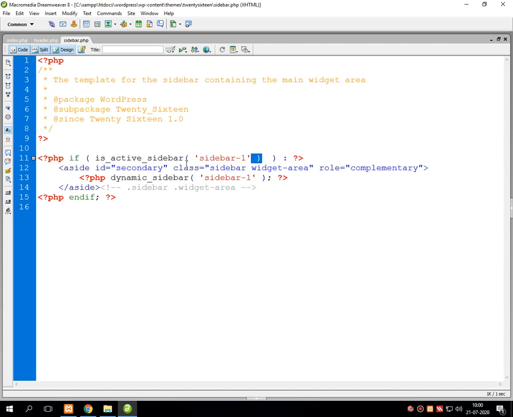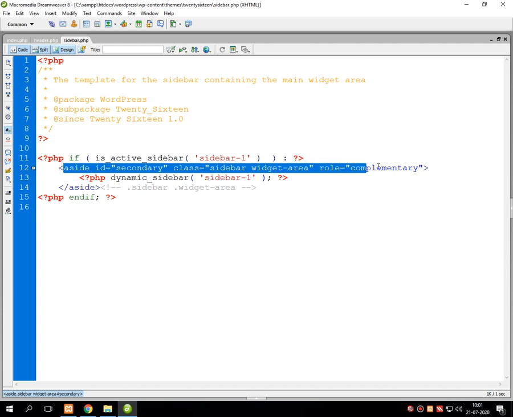So into the brackets for is_active_sidebar, I have passed a parametric value in single inverted commas, that is the name of my sidebar, given as sidebar-1. Then one static line is written over here which comes from the HTML itself.